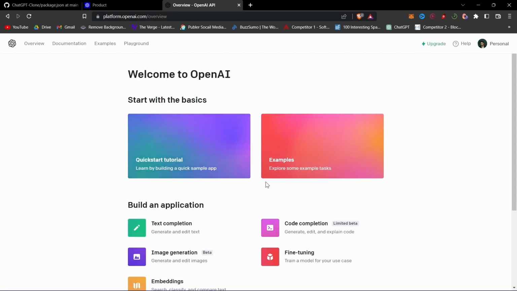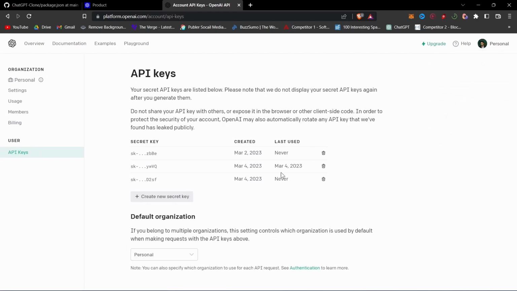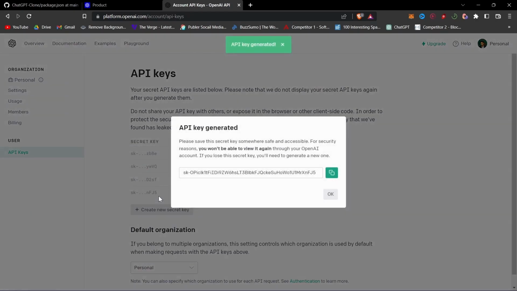And after you log in, you will see this kind of web page. Just go to this personal field and click on this view API keys. I have a bunch of keys created here, so what you need to do is click on this create a new secret key and copy this one,